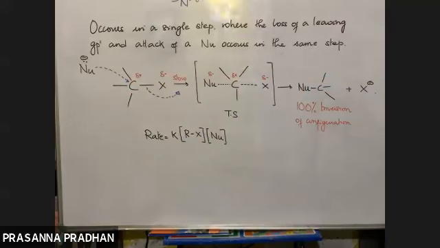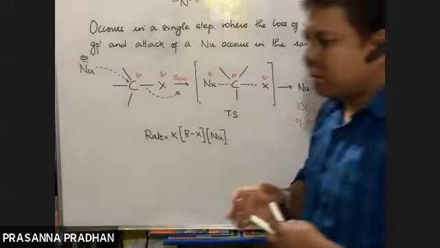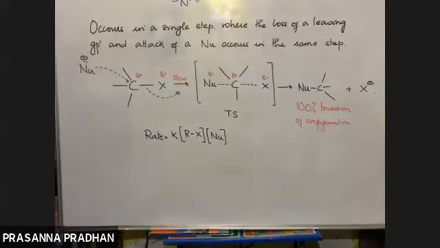And remember, no racemic mixture is formed here, so the product of an SN2 reaction can be optically active depending upon this group. Say if this carbon is chiral, it can be optically active, but the products of SN1 reactions are always optically inactive. So this is the mechanism and stereochemistry of your SN2 reaction.